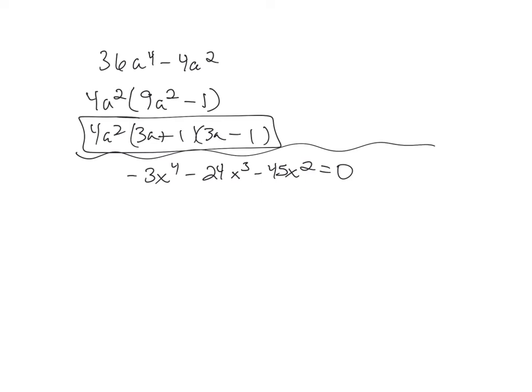Okay, all right, what's in common? Well, they all have x's, like x squared, x to the 3rd, x to the 4th. They all have an x squared. And then when you see a negative number in the front, remember we're going to take out a negative if there's a number in common. And this one's maybe not as obvious, but you can do 24 divided by 3, you can do 3 divided by 3, and you can actually do 45 divided by 3. It's not as obvious, but